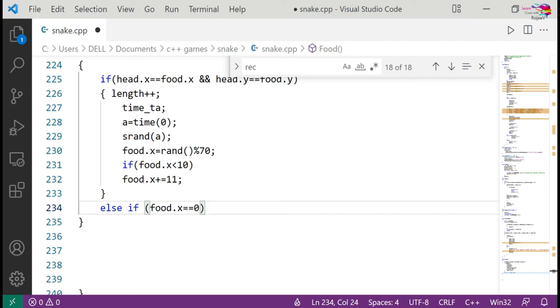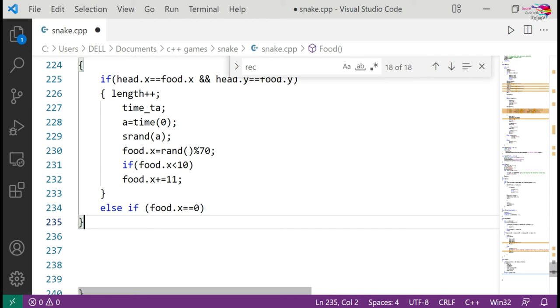Okay, it means I have to create the food for the first time, because global variables are initialized with 0. If the game starts, it will start from 0, and the food will count as 0, and the snake's score will also count as 0. So that's creating the global variable for the first time and initializing it with 0. Okay, so as I'm keeping the food value as 0,